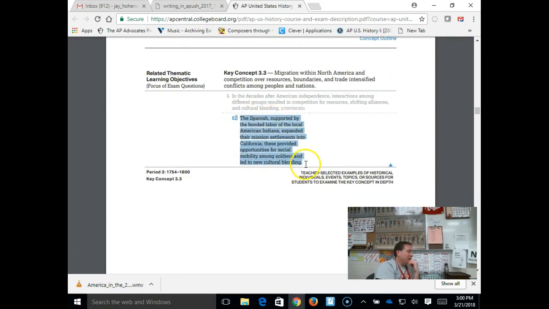Finally, notice the Spanish, they are still here in the United States. They are moving into California, although I do not believe that this is going to be a major portion of your test. They still retain portions of the southern part of the United States, like New Orleans, until they give it to the French, which then will sell that to the United States in the Louisiana Purchase. And they still have Spanish Florida at that time.